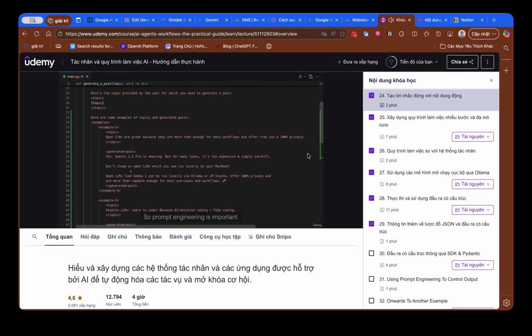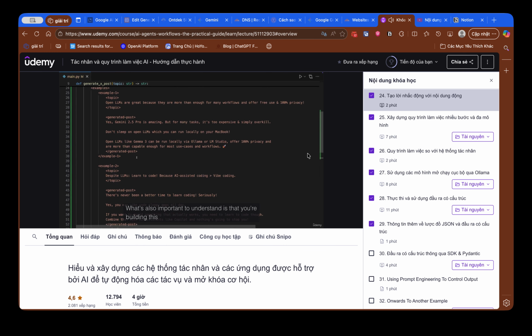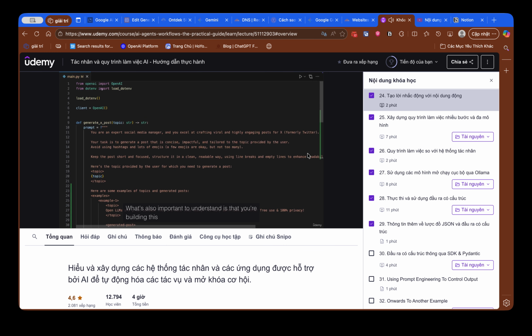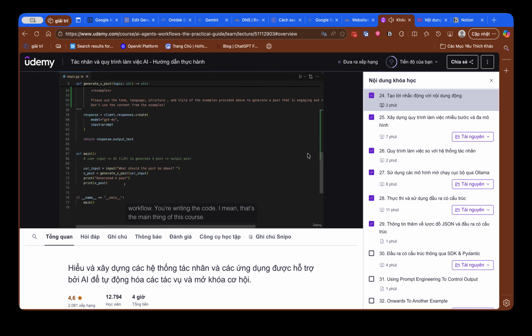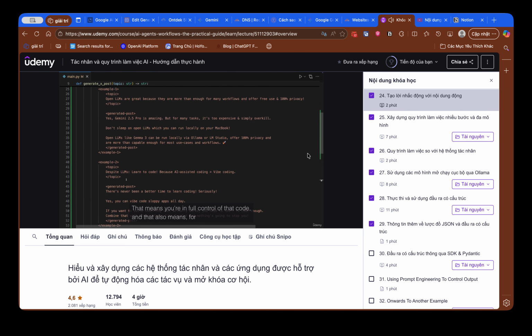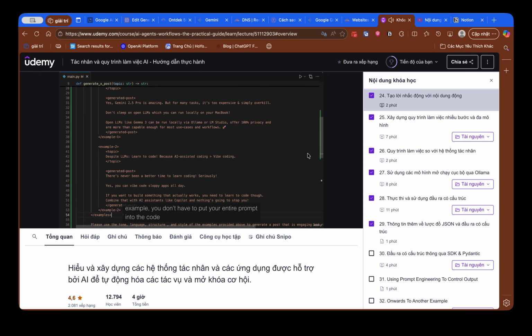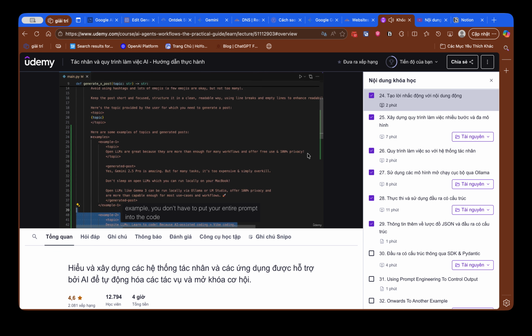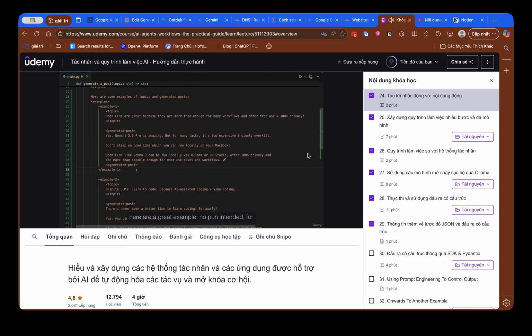So prompt engineering is important. What's also important to understand is that you're building this workflow, you're writing the code. I mean, that's the main thing of this course. That means you're in full control of that code. And that also means, for example, you don't have to put your entire prompt into the code like this. For example, these examples I added here are a great example, no pun intended, for content you could outsource into